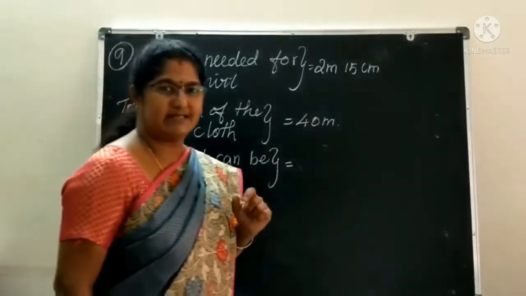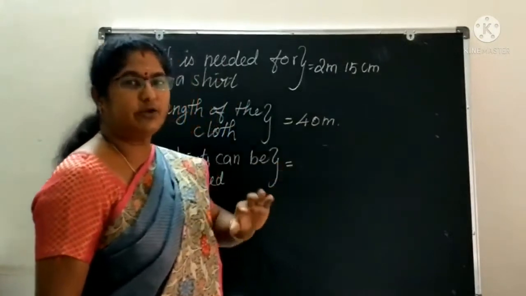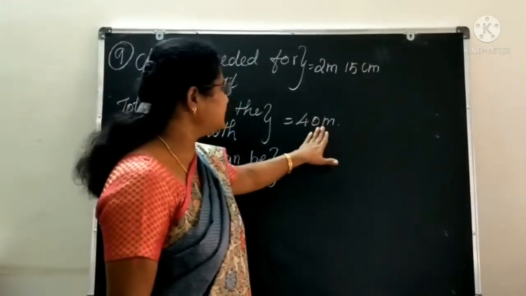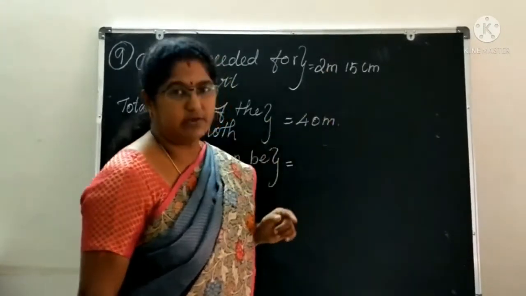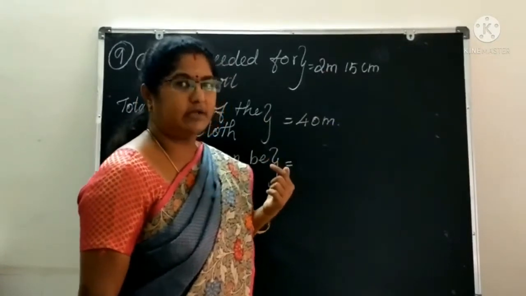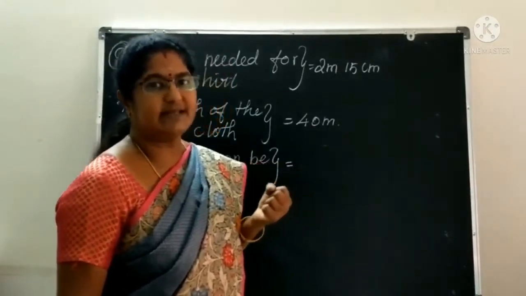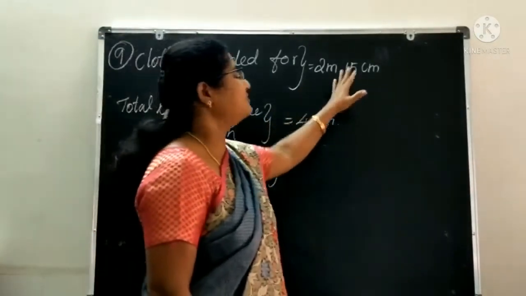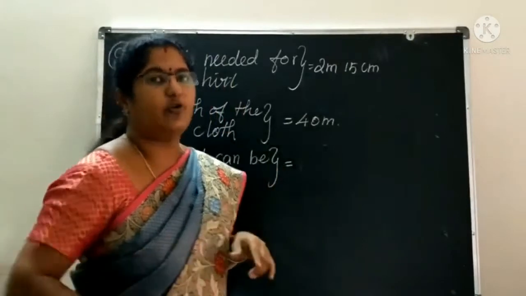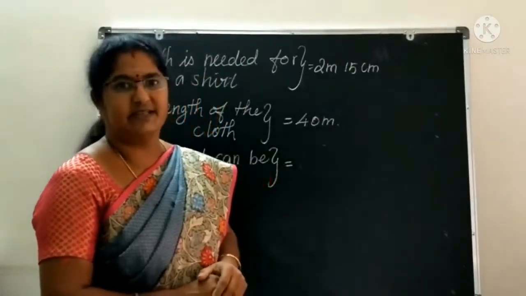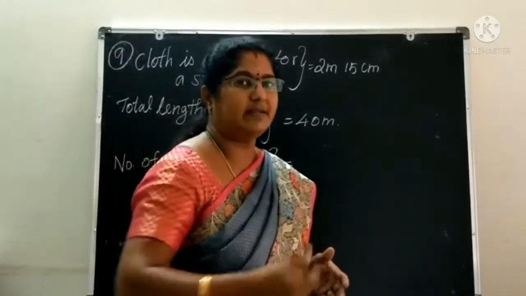So, when we divide, we have to take care of the units. Both the units should be the same. Here this is meter and centimeter, so we have to convert into the same unit. Meter is the higher unit. When we convert into a higher unit, we have to divide, so we get a decimal number, 2.15 meter. In decimals, division is not easy. We have to make it a whole number, so we can't divide with a decimal number. We convert into a whole number, then we divide.